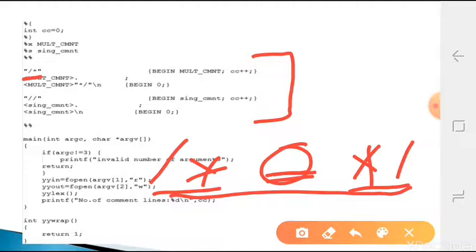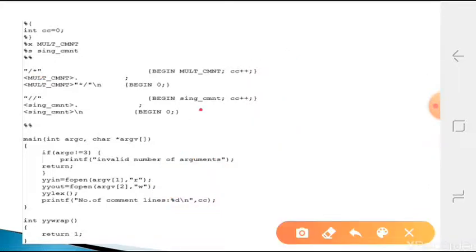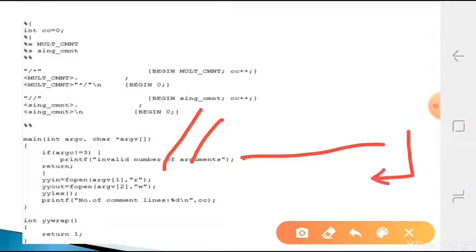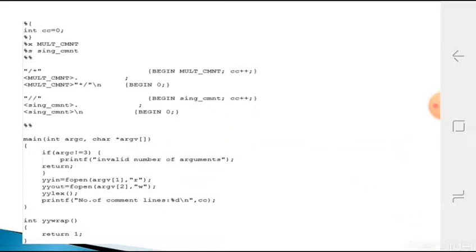And in the same way, whenever a single line comment, that is slash slash, comes, whatever comes after that I have to ignore until the new line character comes. After the new line character, whatever is there is valid code. So whatever is in this line is a comment line, so I have to ignore that. So here I have two regular expressions. That is slash star, which identifies when our comment will start for multiple lines.